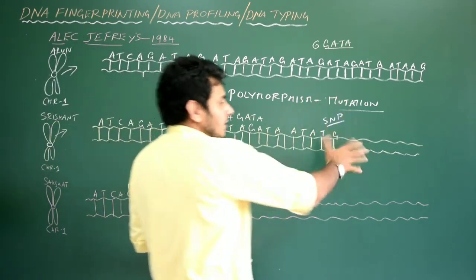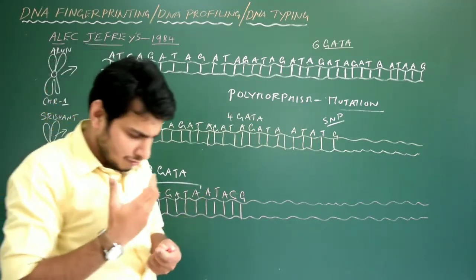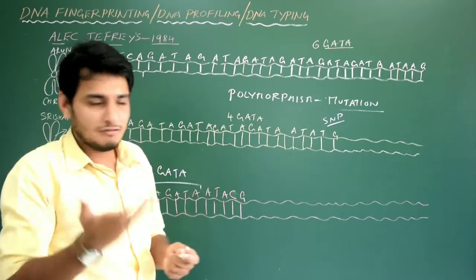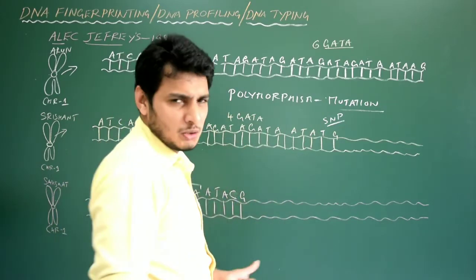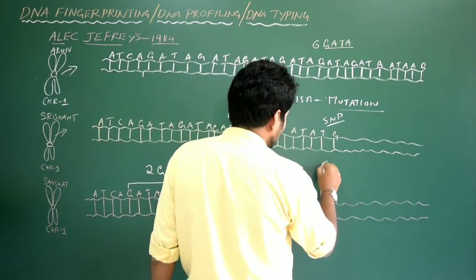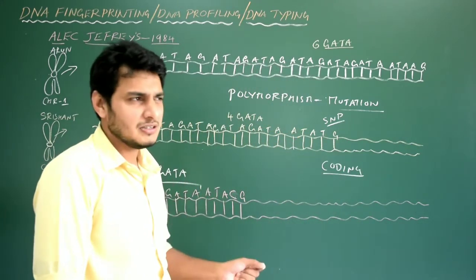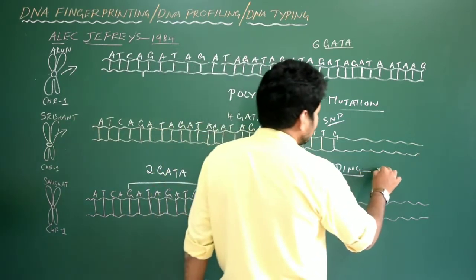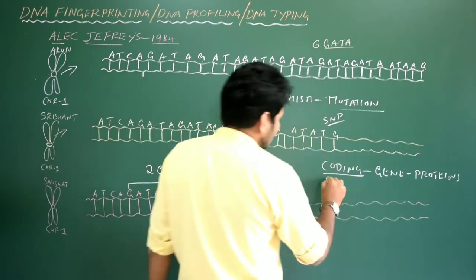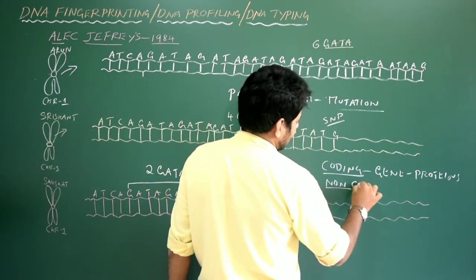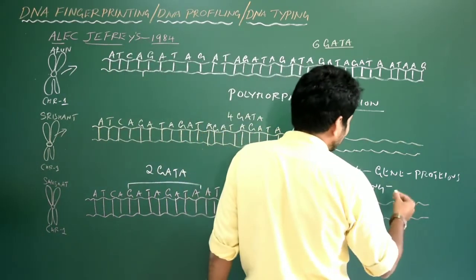In this segment, if I draw the complete DNA of chromosome number 1, you see a lot of sequences. But there are 2 types of sequences in the same chromosome, or in the human genome. One is called the coding sequence, or coding region. The coding regions are nothing but genes. They are useful; they are going to produce the proteins. Then there are some non-coding regions in the same chromosome, or in the entire human genome. Non-coding means not genes.